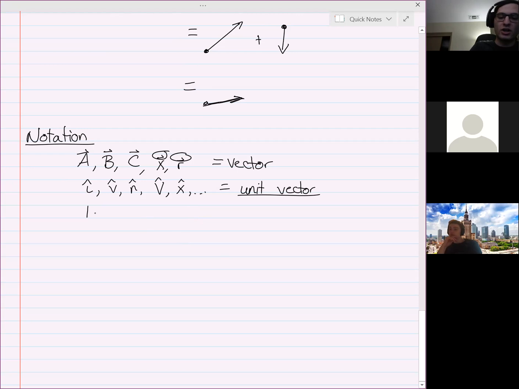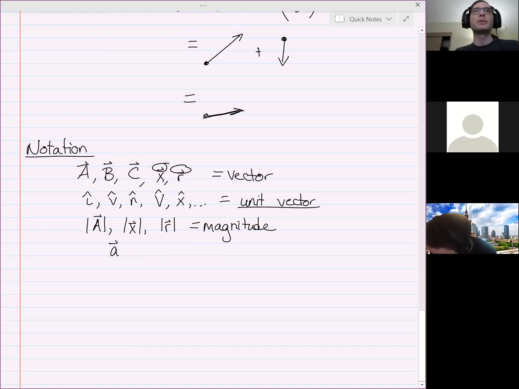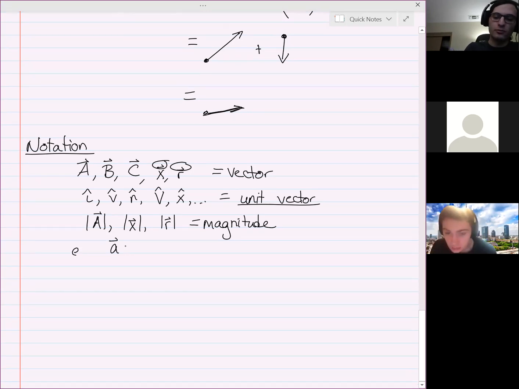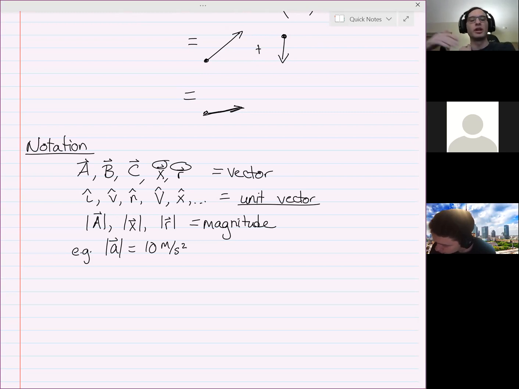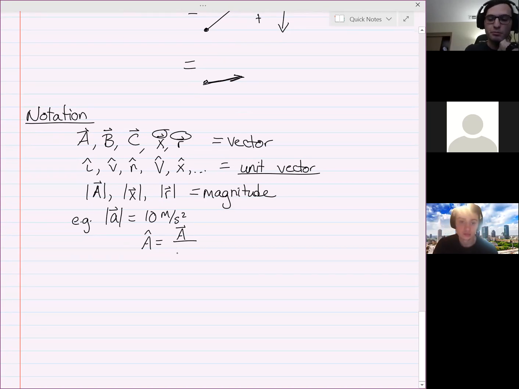The last one is you might see this notation where you take a vector and you put bars around it, maybe like this, or like this. Those bars around a vector mean just give me the magnitude. So if I had an acceleration vector, say a, and say that's the acceleration 10 meters per second squared downwards, then the magnitude would just be 10 meters per second squared, rather than a magnitude and a direction. So this is a good way to extract just the number. And in particular, you can write a unit vector a hat as being the original vector divided by its magnitude,